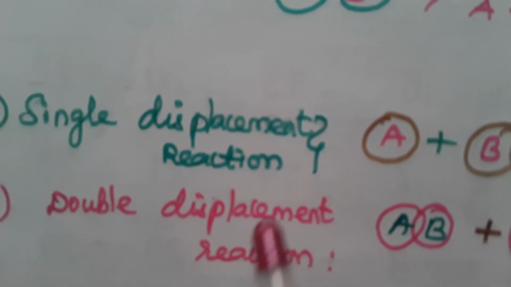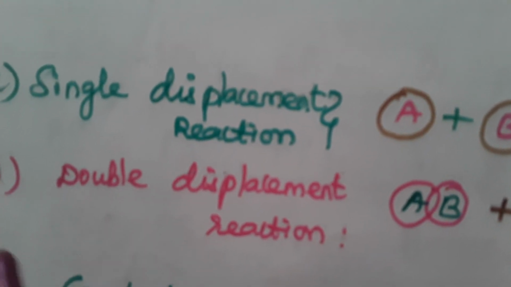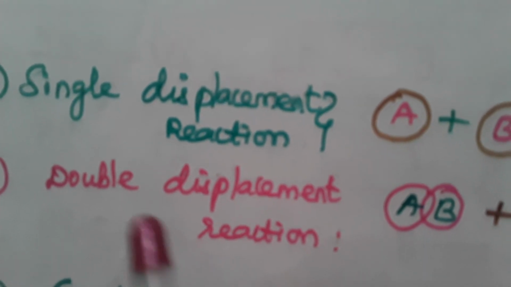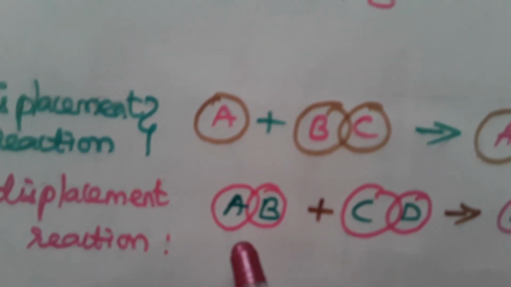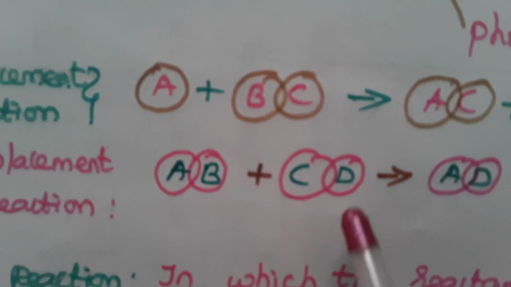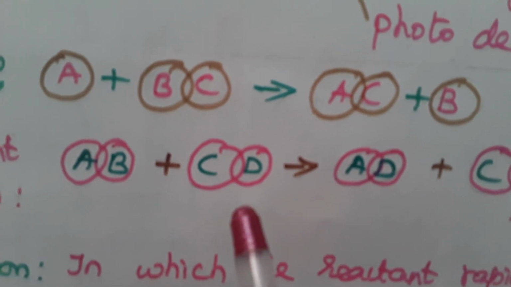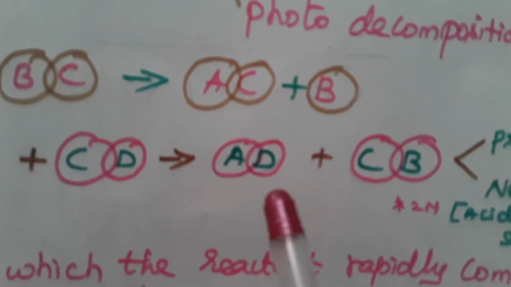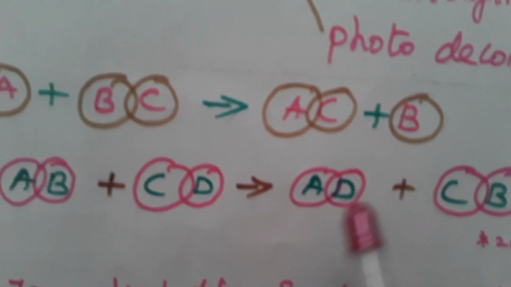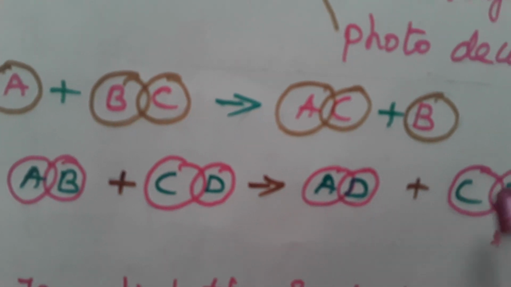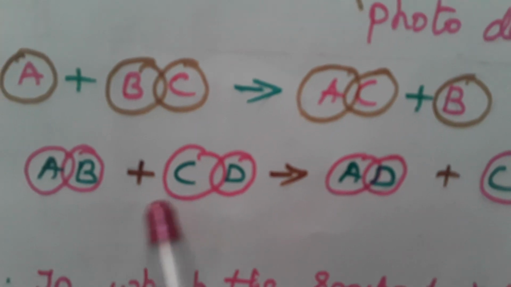Next one, double displacement reaction. What is double displacement reaction? You know the meaning of double, so there will be two displacements. A reaction in which the ions are interchanged between the compounds. For example, compound AB reacts with compound CD and forms products AD and CB. You can find here the ions are interchanged between the reactants and products. This type of reaction is called